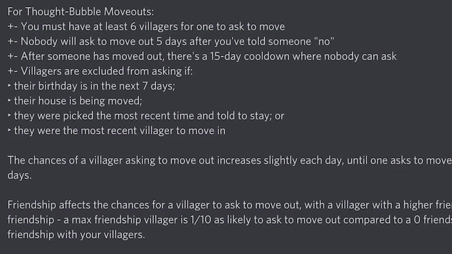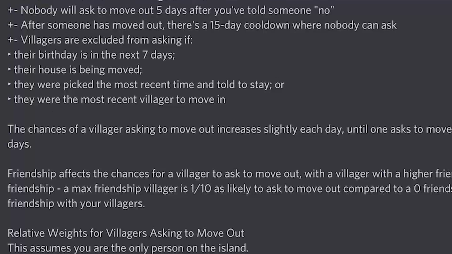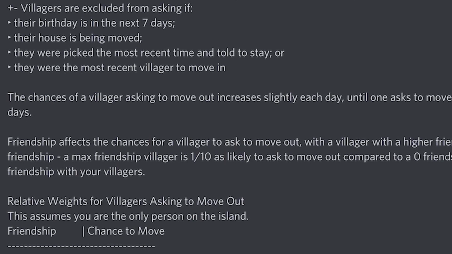at least 6 villagers for one to ask to move. Nobody will ask to move out 5 days after you've told someone no. And after someone has moved out, there's also a 15-day cooldown where no one can ask. Villagers will be excluded from asking if their birthday is within the next 7 days, if their house is being moved, if they were picked the most recent time and told to stay, or if they were the most recent